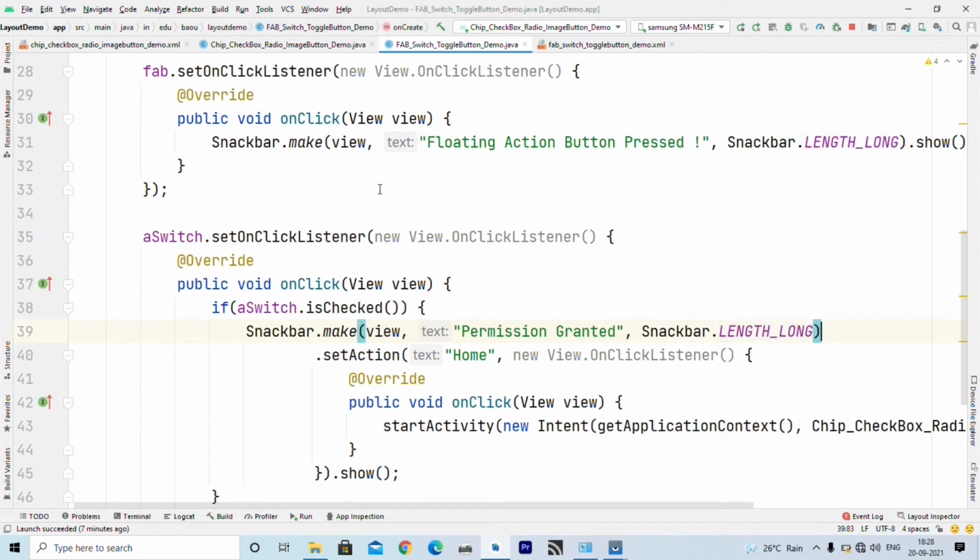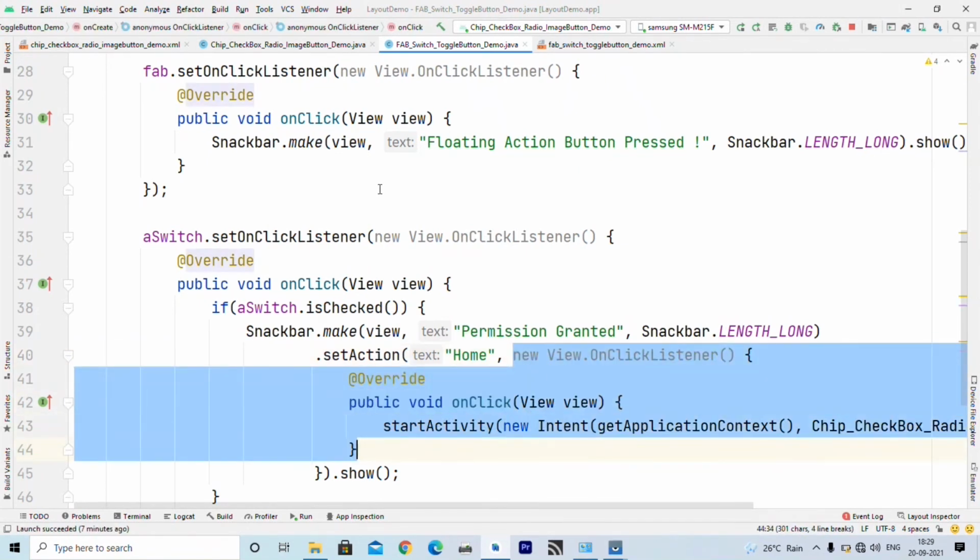After this we write show in the previous case, but here I write dot set action. It means we not only want to display the snack bar but we also want to perform some action. So we write dot set action. The first argument is a button or link that is displayed in the snack bar and the second argument is again an on click listener.